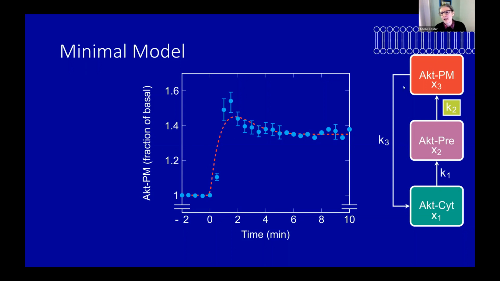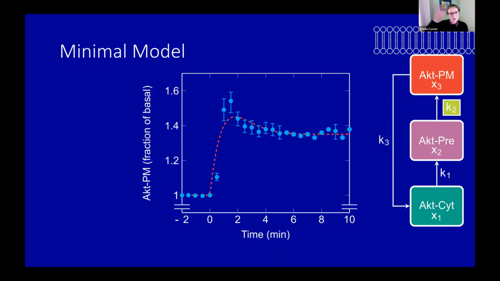So what have I done to get from basal state to an insulin stimulated state? Well, I've again tried to think what is possible to cause that change. Maybe we've got some cycling rates that take the AKT from the cytosol into this primed pool, and then from the primed pool into the TERF zone, and then back again into the cytosol. What is the minimal thing that I can do so that when I apply the insulin, I get this rapid rise? Well, I can change the rate at which it goes from the primed pool to the underside of the membrane. And I don't have to change anything else.